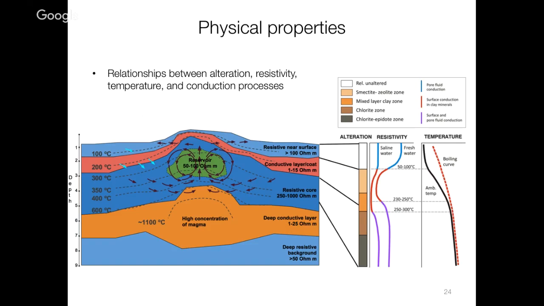So what are we actually looking for? What are our physical properties and our setup? The basic story is that, first of all, you've got a high temperature source coming in, some great big magma chamber. In this case, the plates are pulling apart, and you've got this high concentration of heat. Then we've got water coming down from the top and circulating around. And then there's an alteration zone that's going to generate something called smectite. It's a clay. It's very conductive, and it's sitting in like